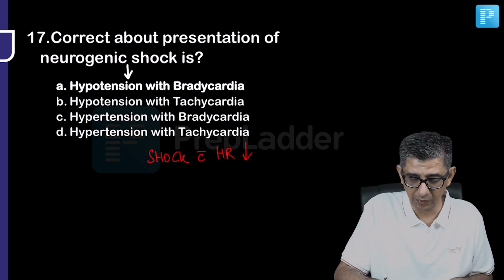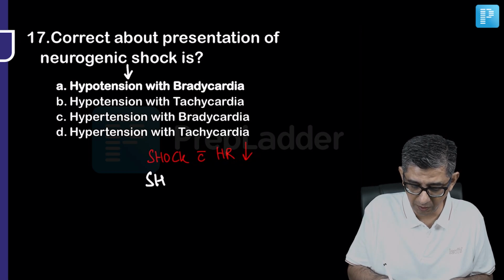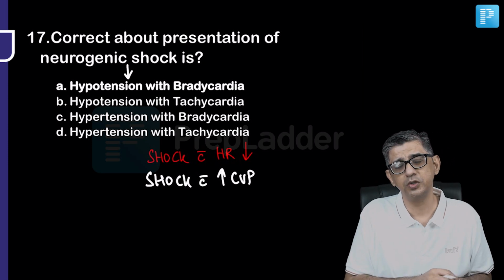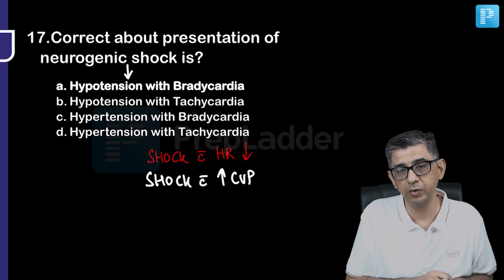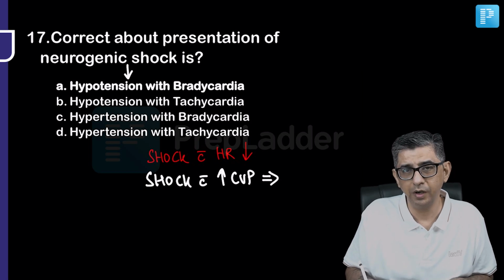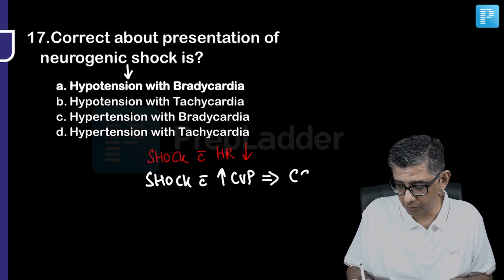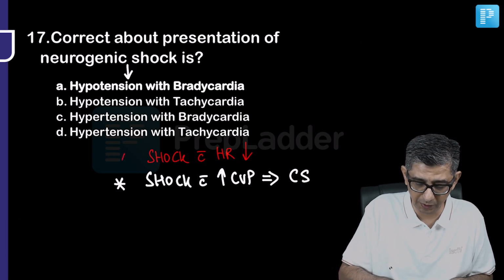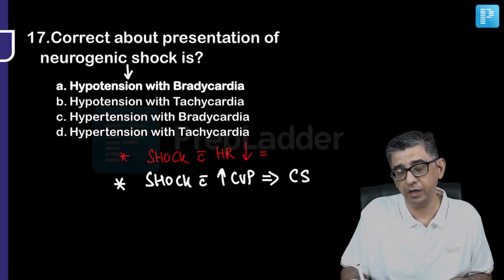Similarly, another question has been asked in previous years. When I write it, I hope that you can spot on and come up with the answers there also. Which shock has an elevated CVP? Normally with CVP, we always read about a reduction, as in hypovolemic shock, but in cardiogenic shock, you will have increased central venous pressure. And when it comes to shock with bradycardia, then it is